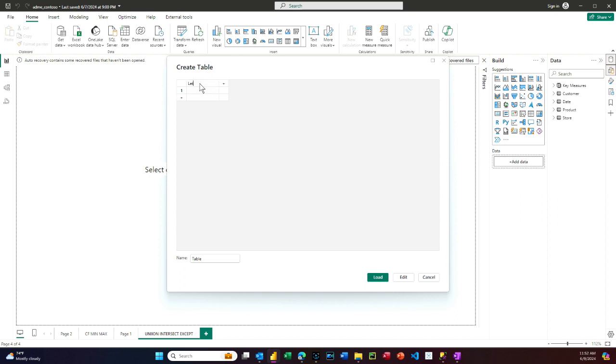Column 1, letters: A, B, C. This is a lot easier. I could do a data table; I may cover that later. Numbers: 1, 2, 3. We'll call this table Letnum, and we'll load it.